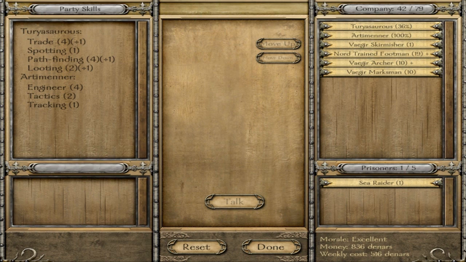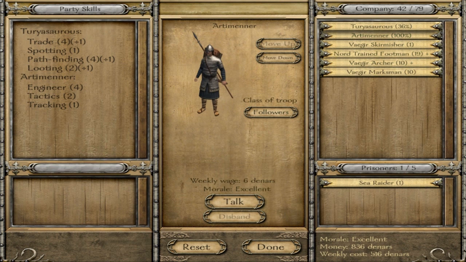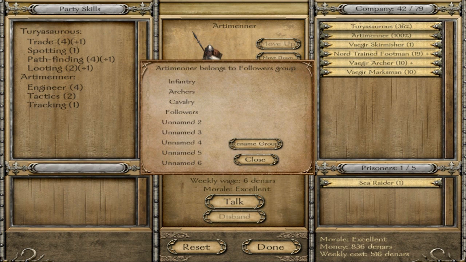Now, the reason that I want to show you guys the party screen is for these little guys right here. Your class of troop dictates what number you hit in order to command them with F1, F2, or F3. So this guy, Arteminer, is under followers. The reason that I hit 4 for followers is because it's the 4th one down. 1 is infantry, and you can rename the groups. That's not a problem. But yeah, you basically click 1 for that one, 2 for this one, 3, 4, 5,